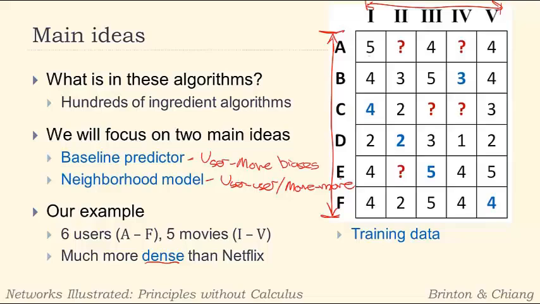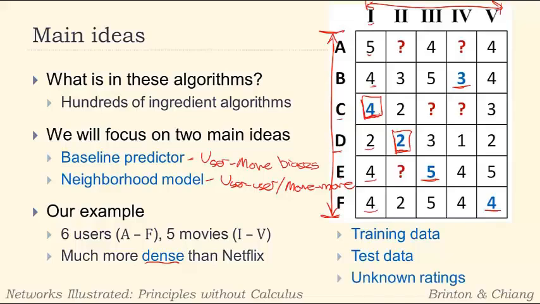And we're going to section our data as well. Again, we have our training data, which are the numbers right here written in black. So 5, 4, 2, 4, 4, and so on. Then the test data, we've bolded and colored blue. So for instance, this 4 is in the test set, this 2 is in the test set, 5, this 3 value and this 4 value over here, they're all in the test set. So what user C rates movie 1, we do know the value, but we're going to hold that off and make that part of the test set. And similarly with what user D rates movie 2. We're not going to use those in developing the algorithm, we're just going to use them when we compute an RMSE on the predictions.